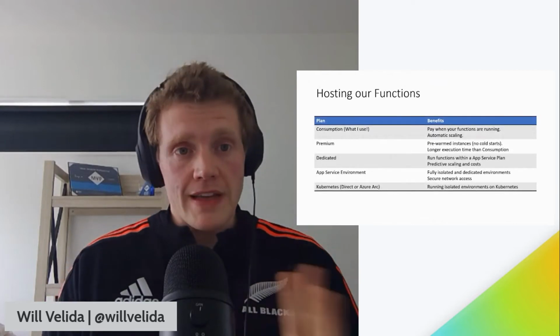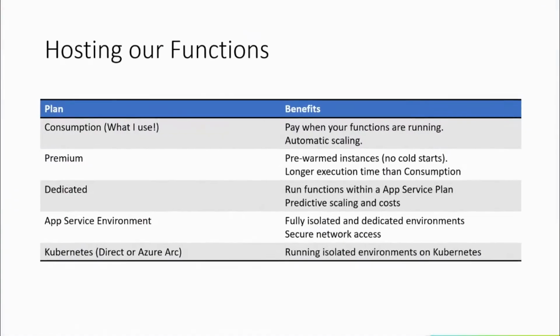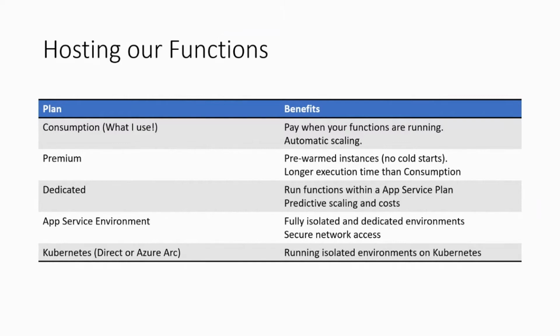And there's also a lot of flexibility in how we host our functions. Now, in my scenario, it's very low burst traffic that's happening within my function application. Really, it's only at 5 o'clock or 6 o'clock in the morning something happens, and then for the rest of the day, they just sit there idly. For that, we can use a consumption plan, so we only pay for our functions when they run. And there's automatic scaling, so they scale up to as many events as we need, and that's all